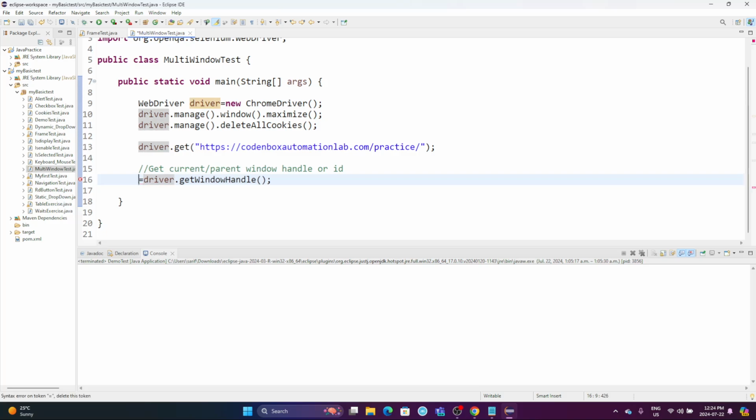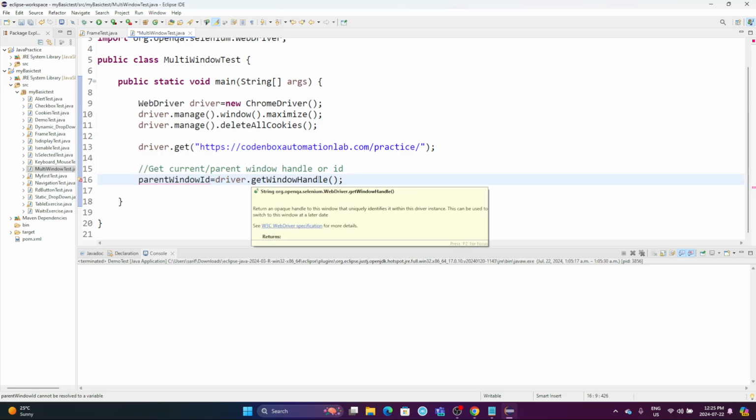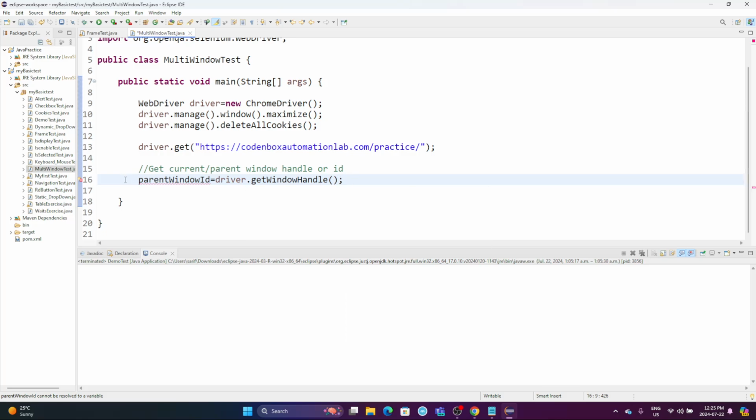Let's put in a driver. I will give a name. The variable name is parent window ID. And its return type, usually it's a string, you can see, so it's going to be a string. Okay, and then after that,